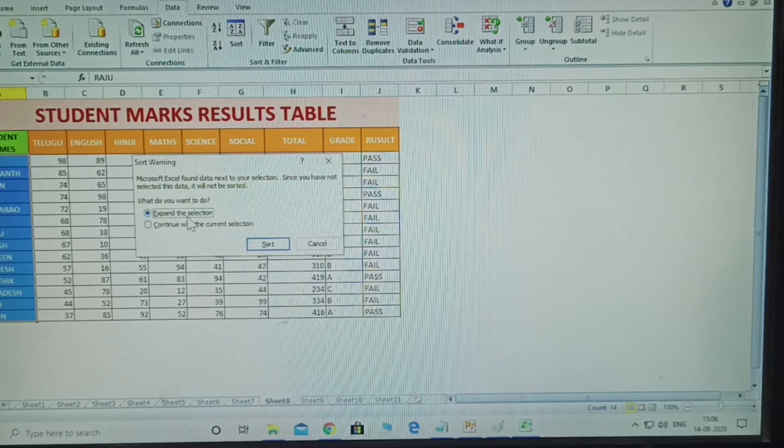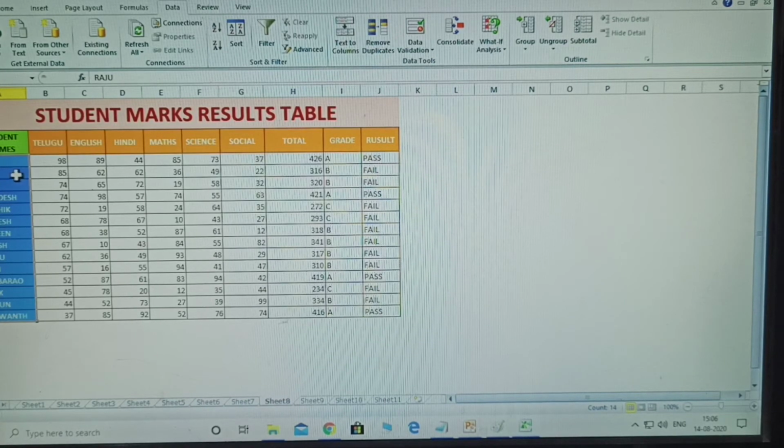Expand the selection means the whole table will be modified. Continue with the current selection means only the names will be modified. The first one will be at the top, in A, B, C order.